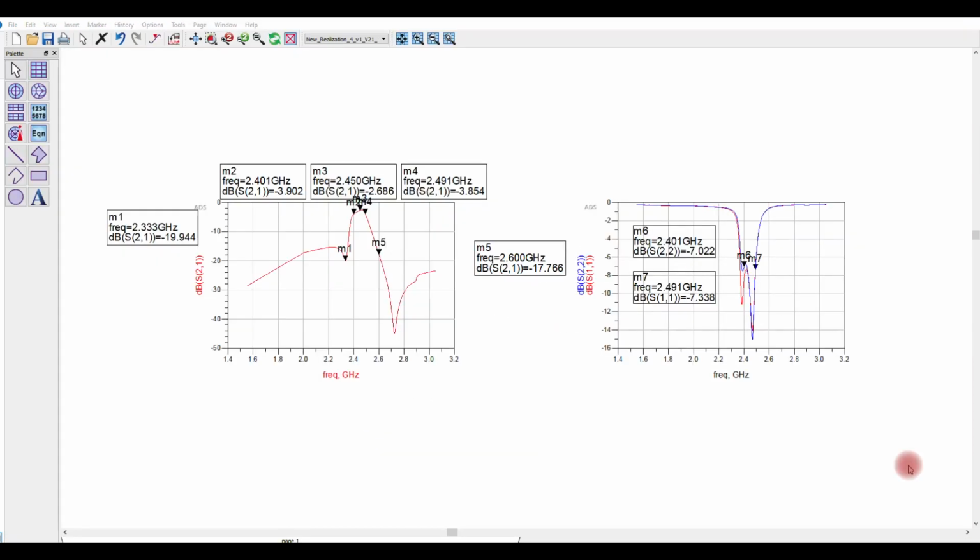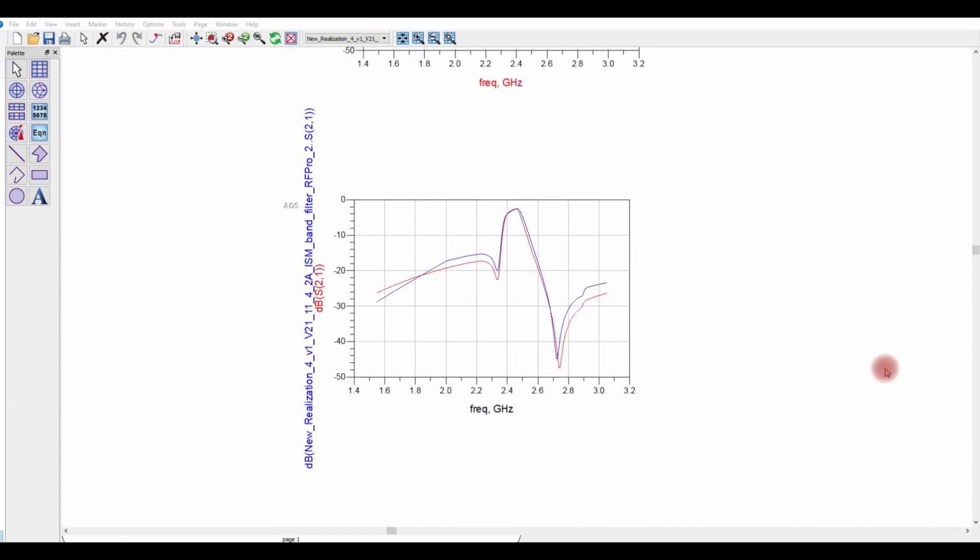The result shows good insertion loss of minus 3.9 dB and below achieved across the band. The rejection is also excellent for out of band frequency. The input and output return loss are also meeting the specification. Finally, we are looking at the EM simulation comparison between the RF Pro method and the conventional EM simulation method. We can see that very similar or correlating results are achieved between both methods.